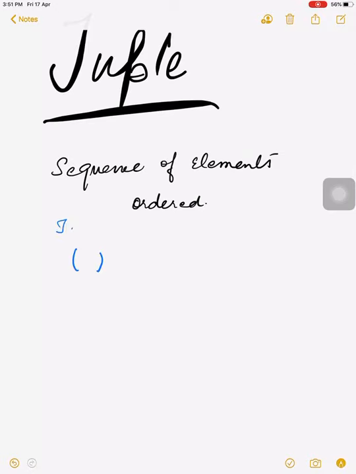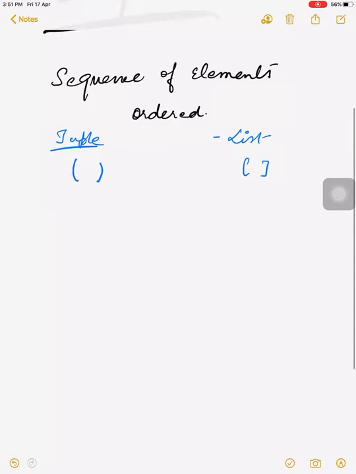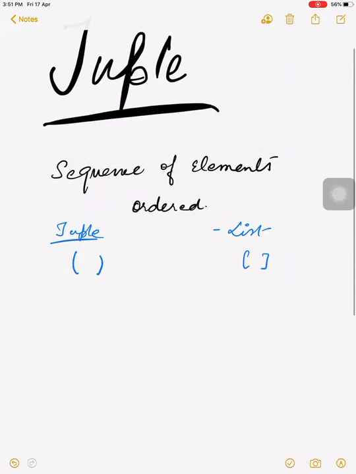The main difference between tuple and list is that a tuple is enclosed in small braces, while your list is enclosed in square brackets. Another difference is that the tuple is immutable while the list is mutable. That is the main difference between tuple and list.